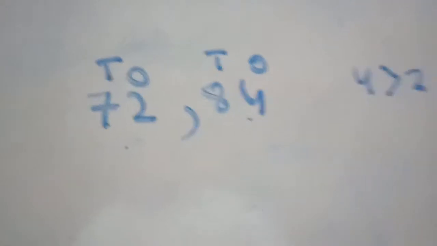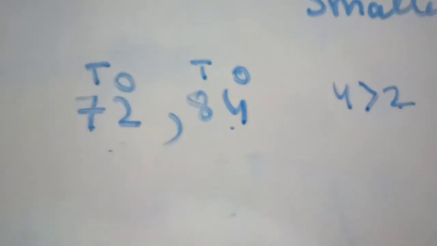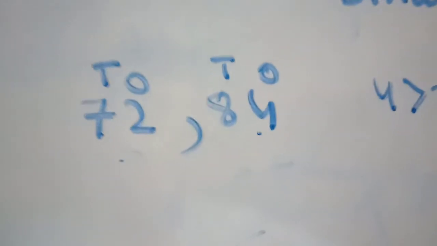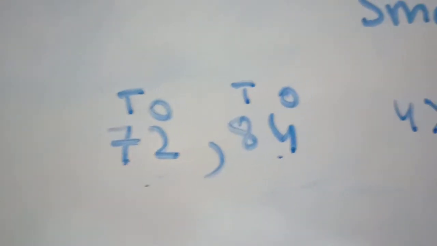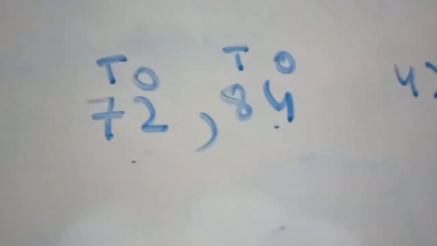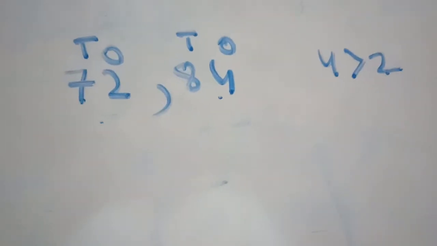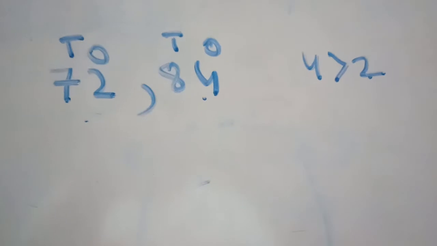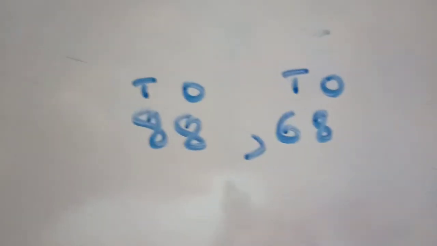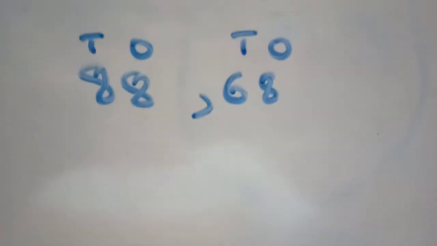Now we will just see the tens place. We all know 4 is greater than 2, so the number having 4 is greater. So we can see that 84 is the greatest number. But friends, now what do we have to do when the last digit is already the same? How will we compare it?